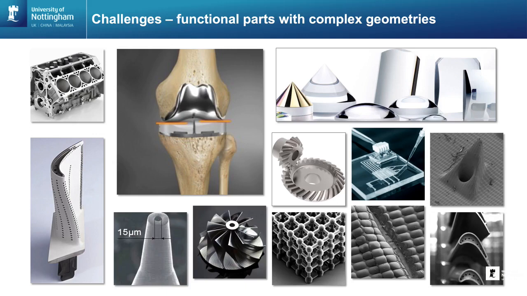We also have a range of scales present on the surface. If you look at the bottom left here, this turbine blade with the cooling holes, it's very important to understand the topography down the cooling hole, but also the overall freeform shape of the part. So it's a multi-scalar, very complex measurement problem.